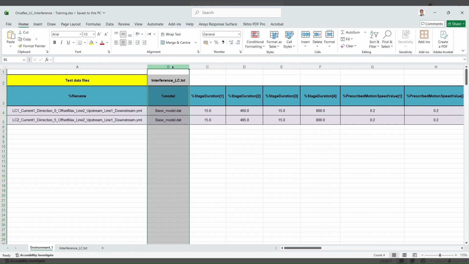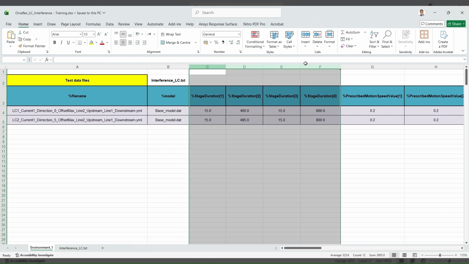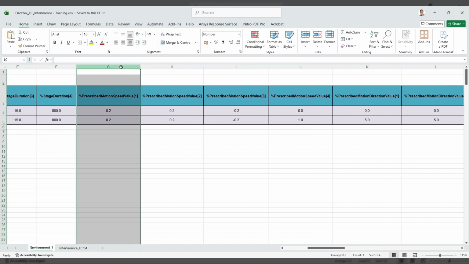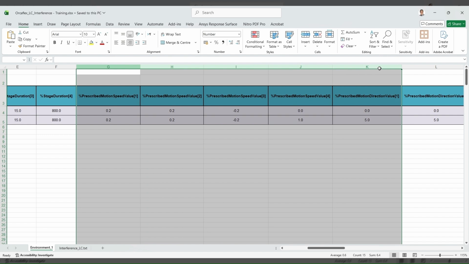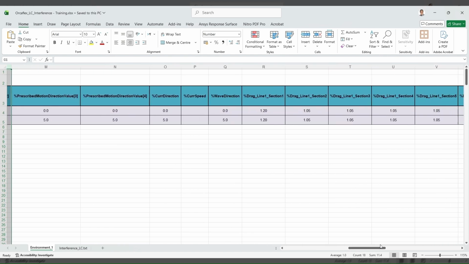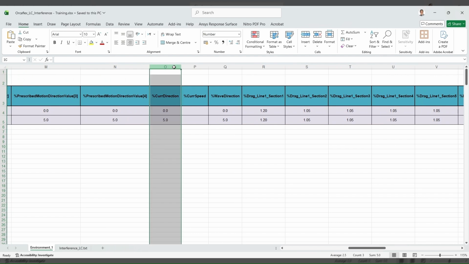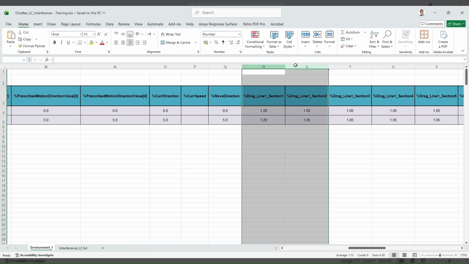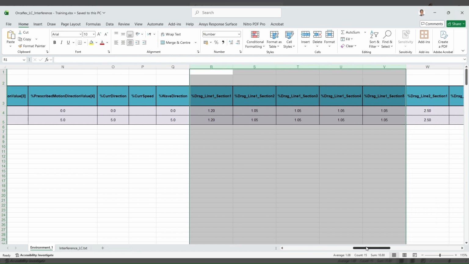These parameters include the base model, the OrcaFlex base model, the stage duration, prescribed vessel motions, current direction, current speed, wave direction, and the drag related to different sections of the subsea lines.